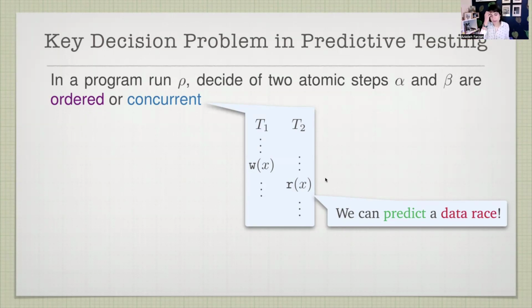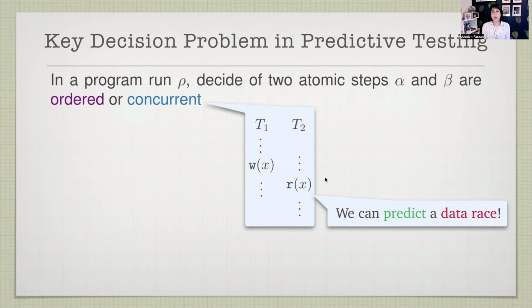You can think about others. For example, a category of errors called order violations says that whenever you have an initialization of a variable and a usage of it, the initialization should always come before the usage. Otherwise, there's a problem with the program. These are not everything that we are interested in, but there are a lot of things that rely on this core decision procedure. As such, we decided to focus on this core decision procedure and study it in the context of equivalence classes on concurrent program runs. That's more or less the clean setup of the problem that I want to discuss today.